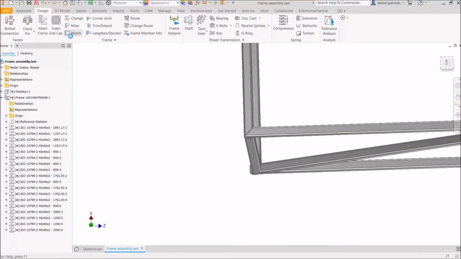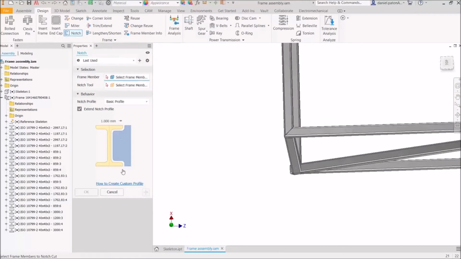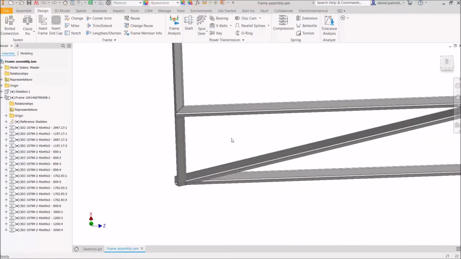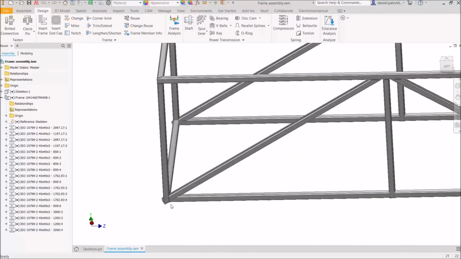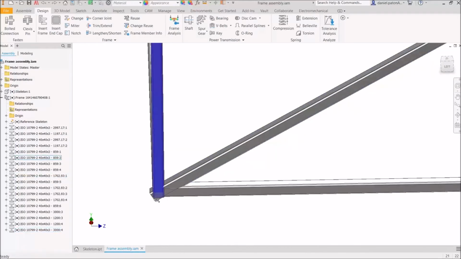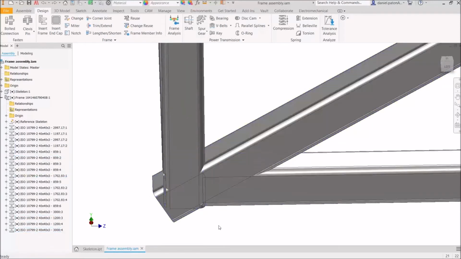Okay. In fact, in the notch tool, if you do want to know how to do that, there is a little help file here that says how to create a custom profile. Okay. If you set that up correctly, then the notching is really easy and it creates a really nice notch very simply. Okay. For this, just to get around it, I might go and say shorten some of these frame members just so that they don't stick through. Or again, I can just